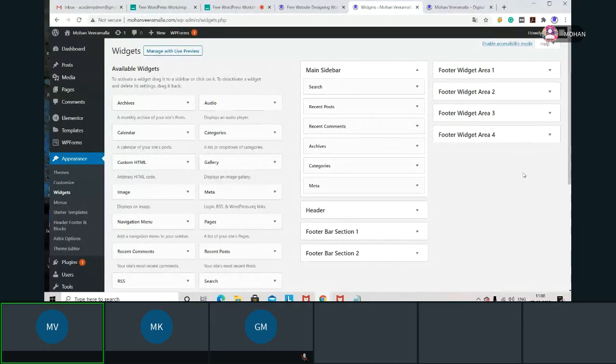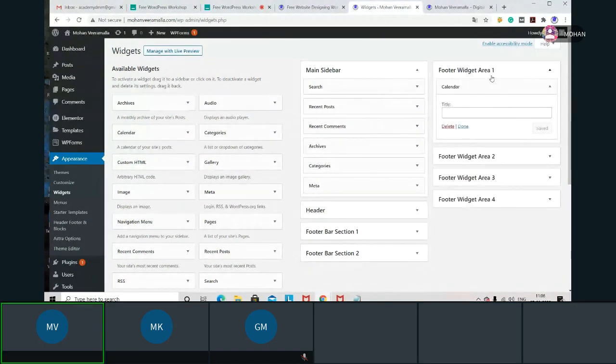Now the right side two columns are used to show something on the website, and these two columns are the data. That means if I want to show a calendar in footer widget area one, then I can simply take this one and drop it here.